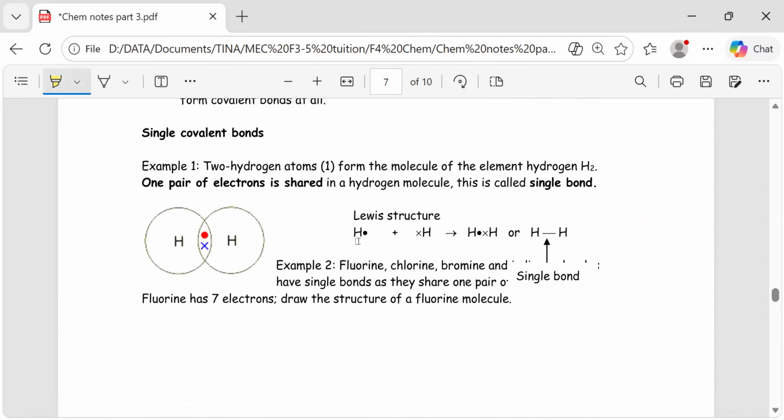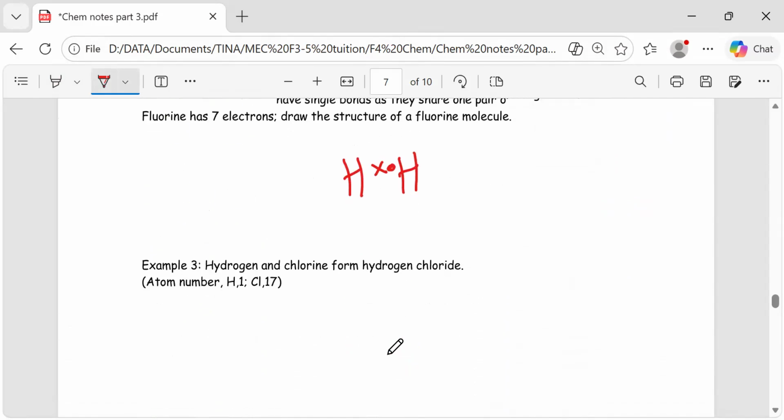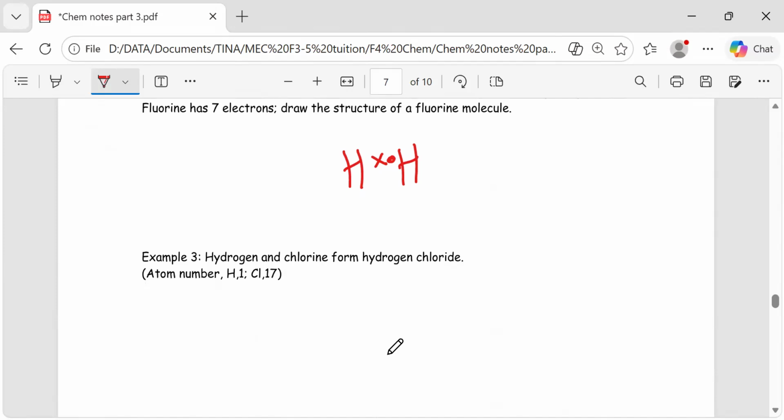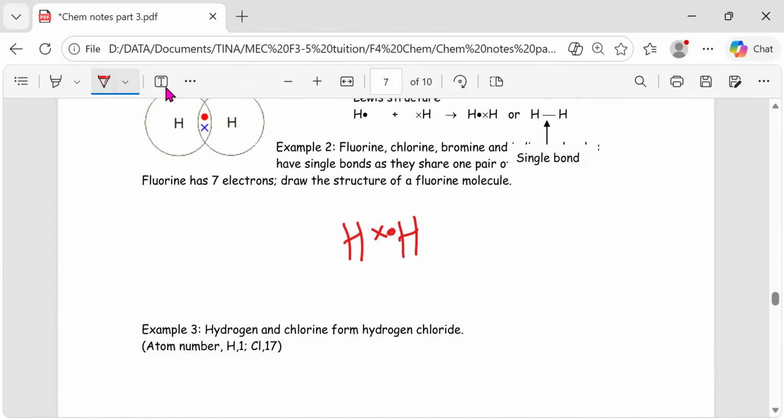So this is what I put for you now. This is called dot and cross. This is called a Lewis structure. That means this one has one valence electron, this one has one valence electron. We share like this. Okay? Can you get it? Okay. Now, fluorine, wait,